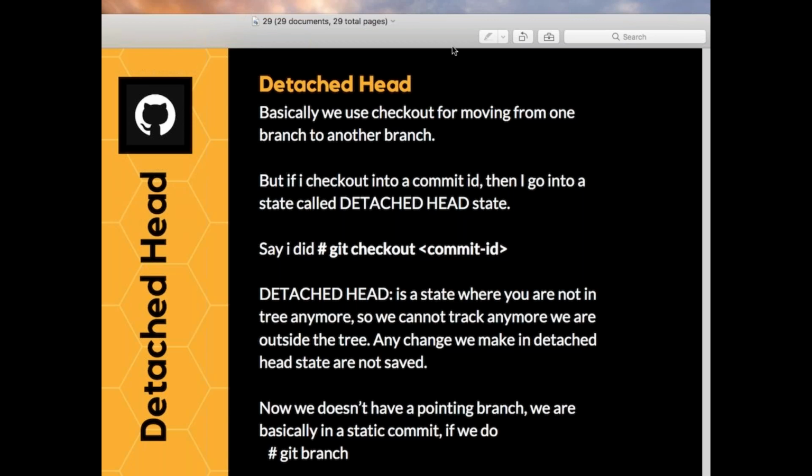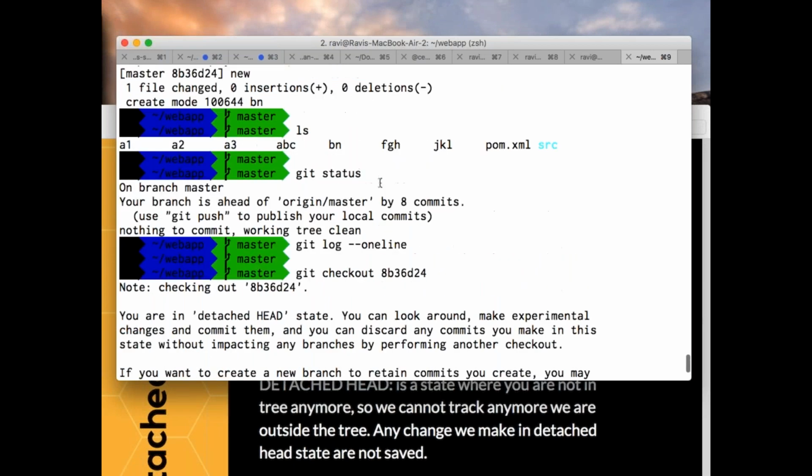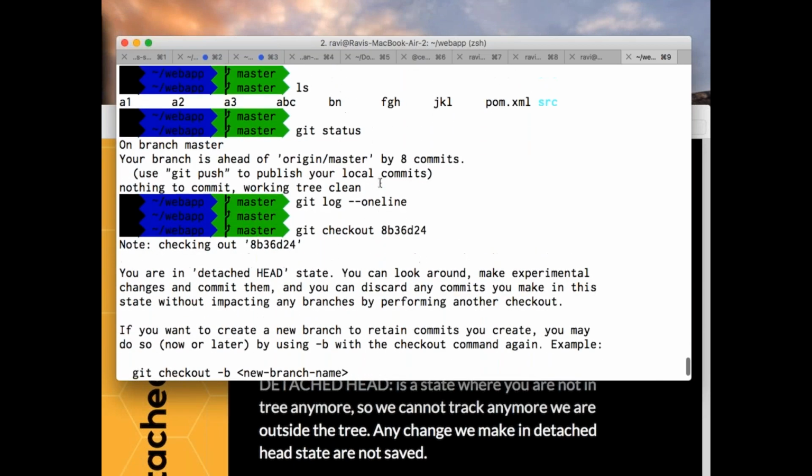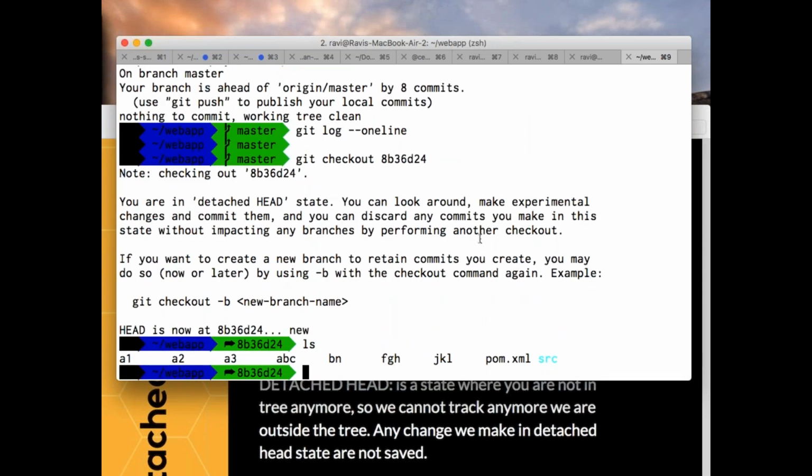Now let's imagine that till this point, this commit, I was having A, B, C, D, and something else, G, H. Whatever I did till this commit is there. Now I want to check some extra functionality, and I'm not sure whether it's correct or not.